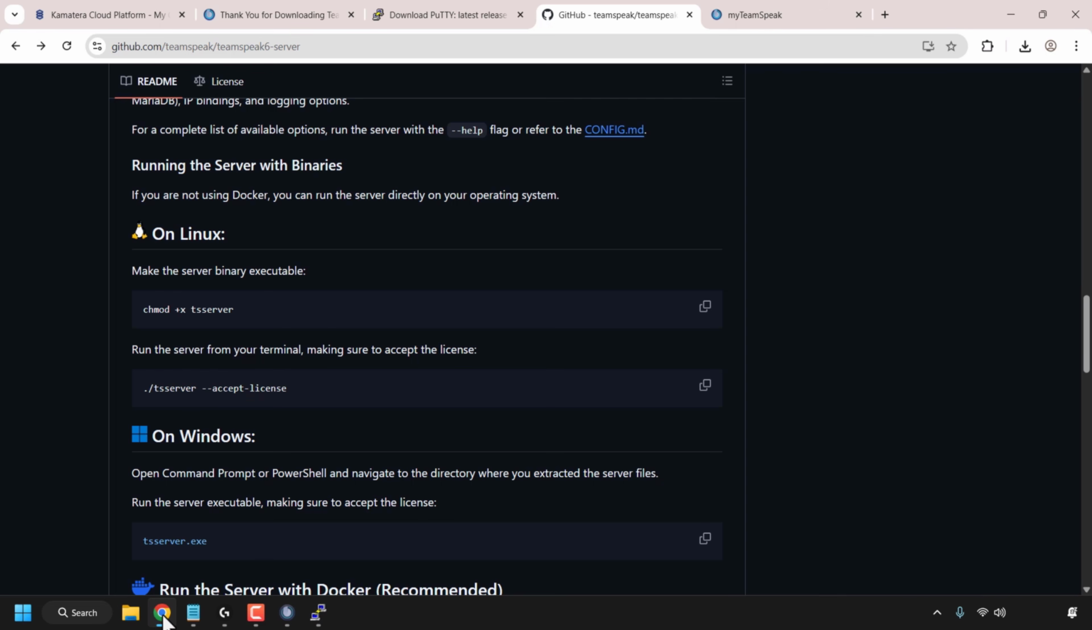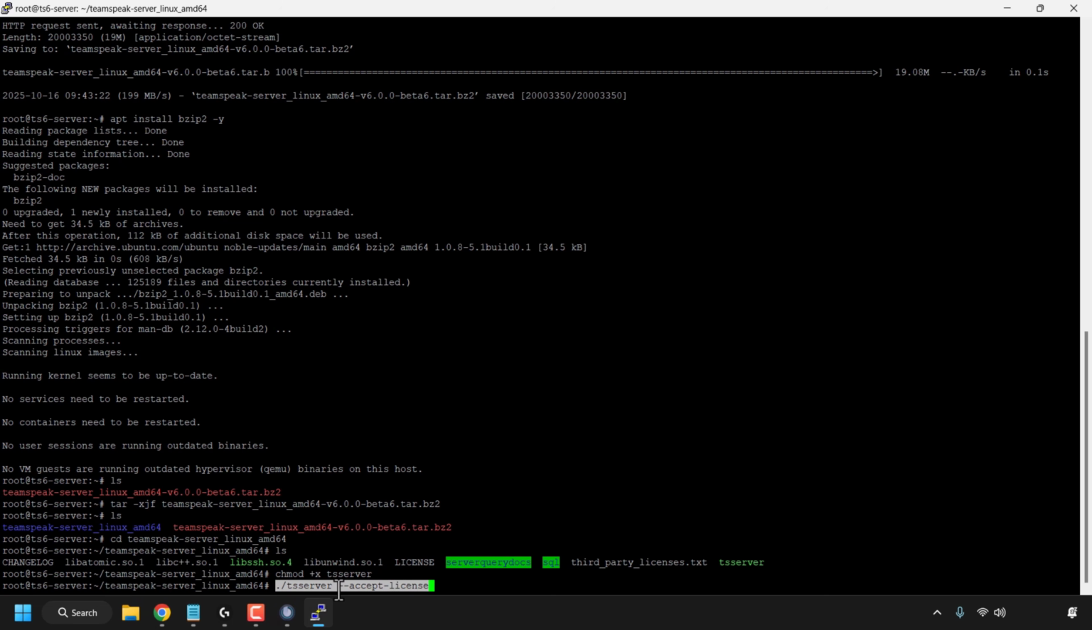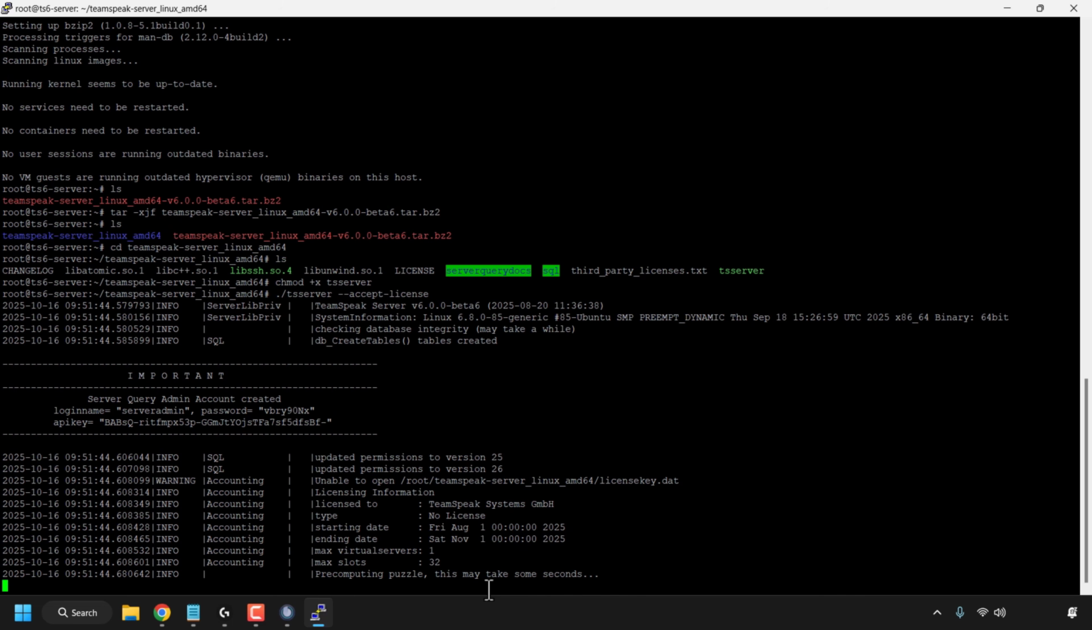Go back to your browser and now we'll need to run the server from our terminal, making sure to accept the license. This is simply the command below. So I'm going to click on the copy button here to copy the command that starts with /tsserver space accept license. Open back up your PuTTY terminal window, right click to paste, hit enter on your keyboard, and TeamSpeak 6